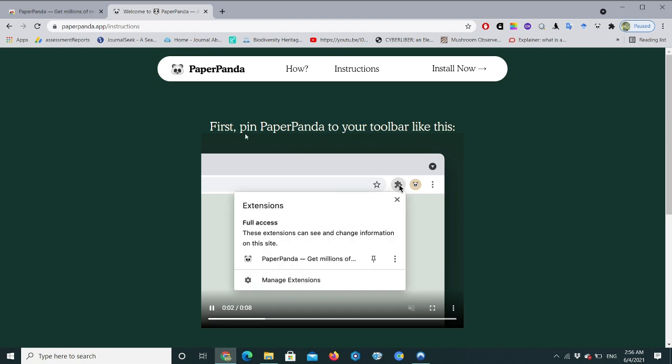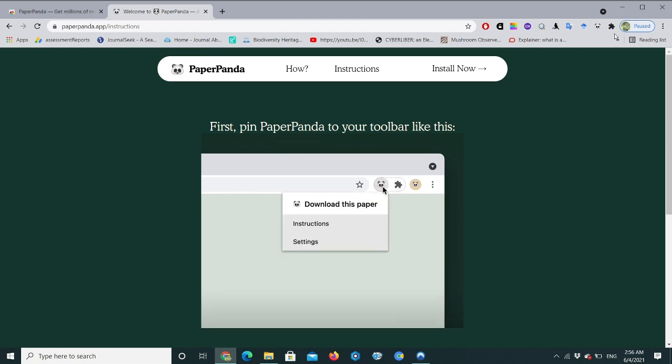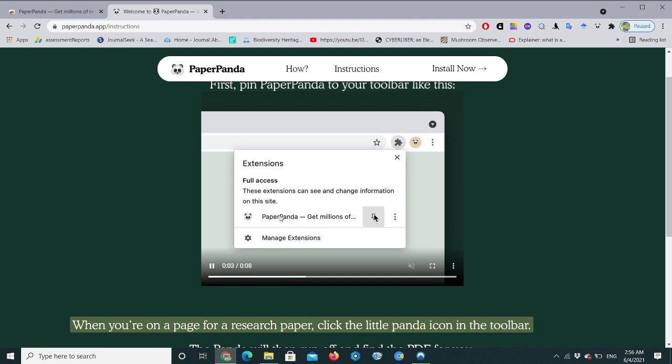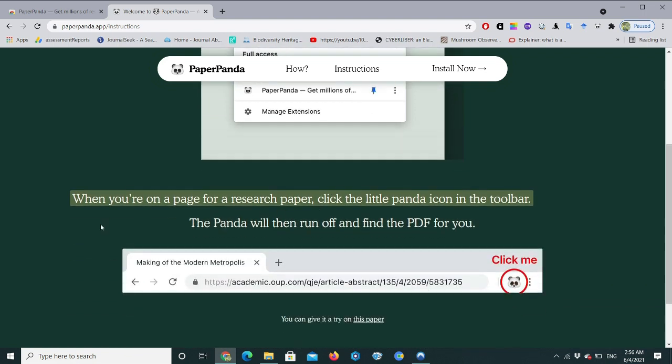So first pin Paper Panda to your toolbar like this. So we have already pinned it on our toolbar. Okay, when you are on a page for a research paper, click the little panda icon in the toolbar. Okay, and the panda will then run off and find the PDF for you.